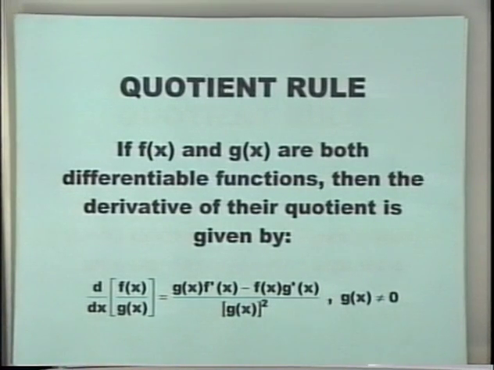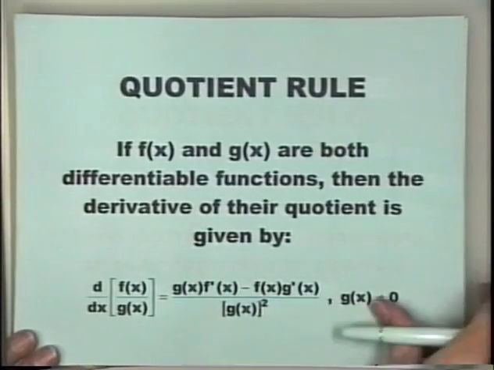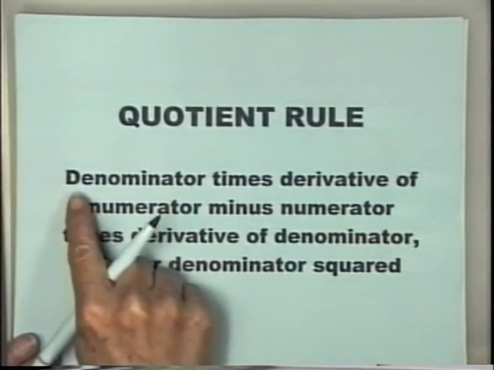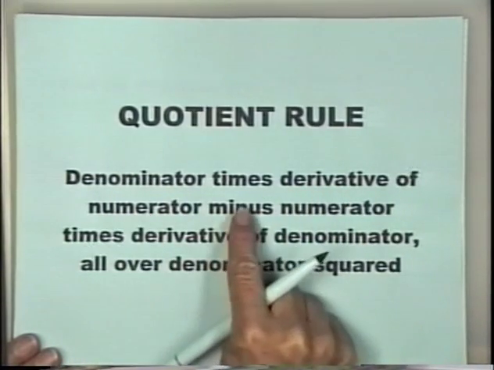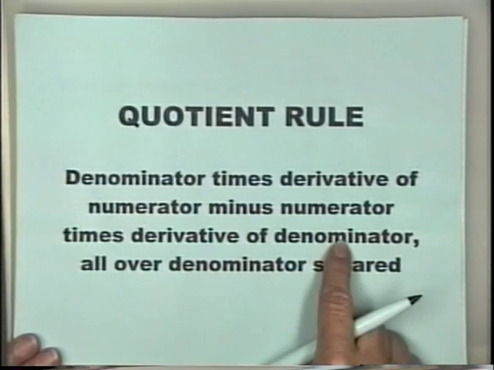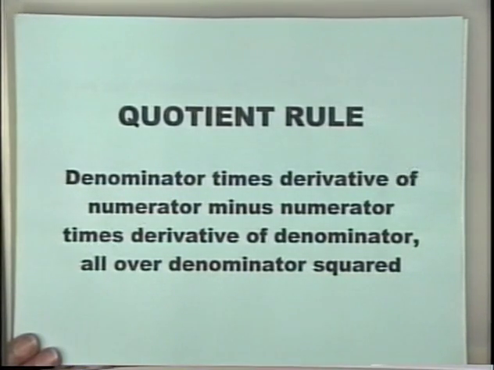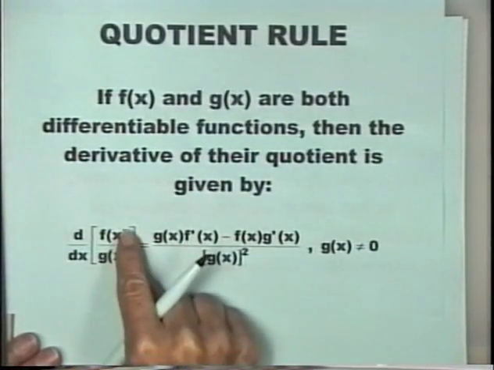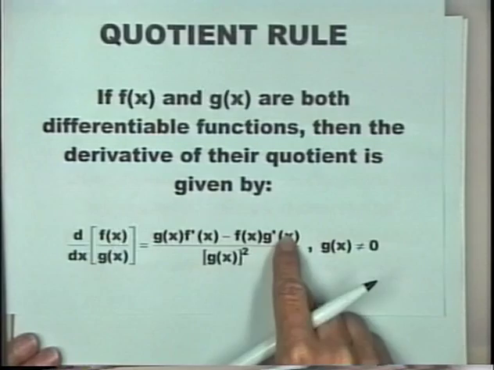But let's do here the same thing that we did on the product rule. Instead of learning the quotient rule through this, we're going to learn it in words. In words it says denominator times derivative of numerator minus numerator times derivative of denominator, all of this over denominator squared. Do you see, looking again back at here, denominator times derivative of numerator minus numerator times derivative of denominator